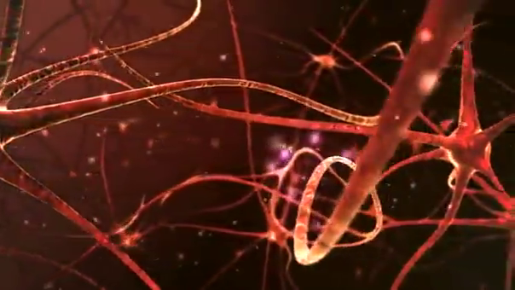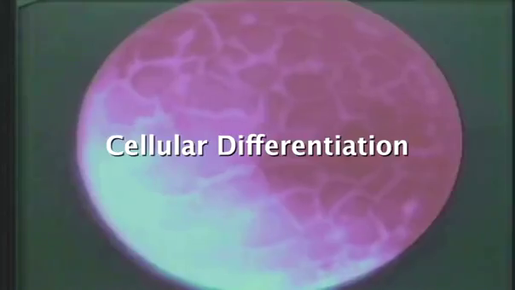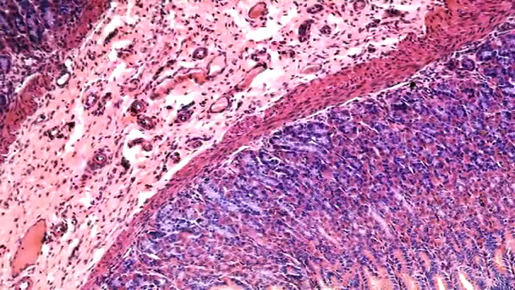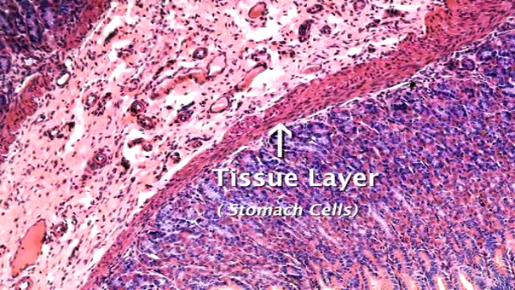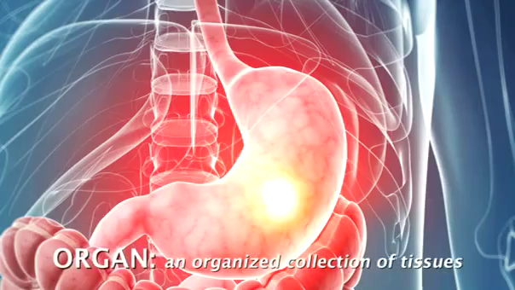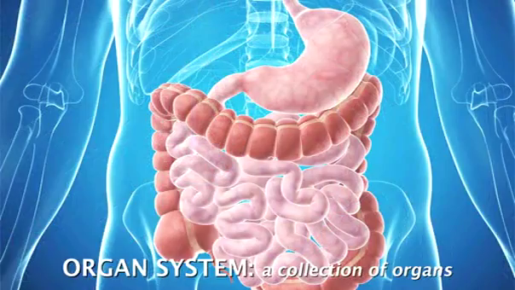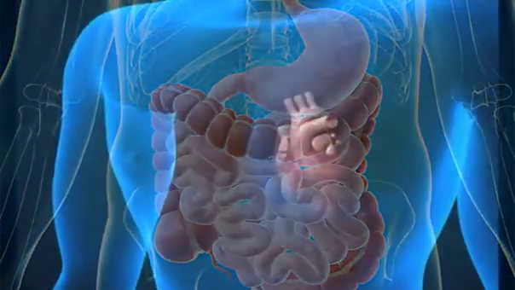The diverse cells that make up the bodies of multicellular organisms usually develop from the single cell of a fertilized egg by a process known as cellular differentiation. The cells of multicelled organisms are often arranged into layers called tissues. The tissues are often arranged into complicated organs. And organs often work together with other organs to create organ systems to carry out difficult tasks such as digestion